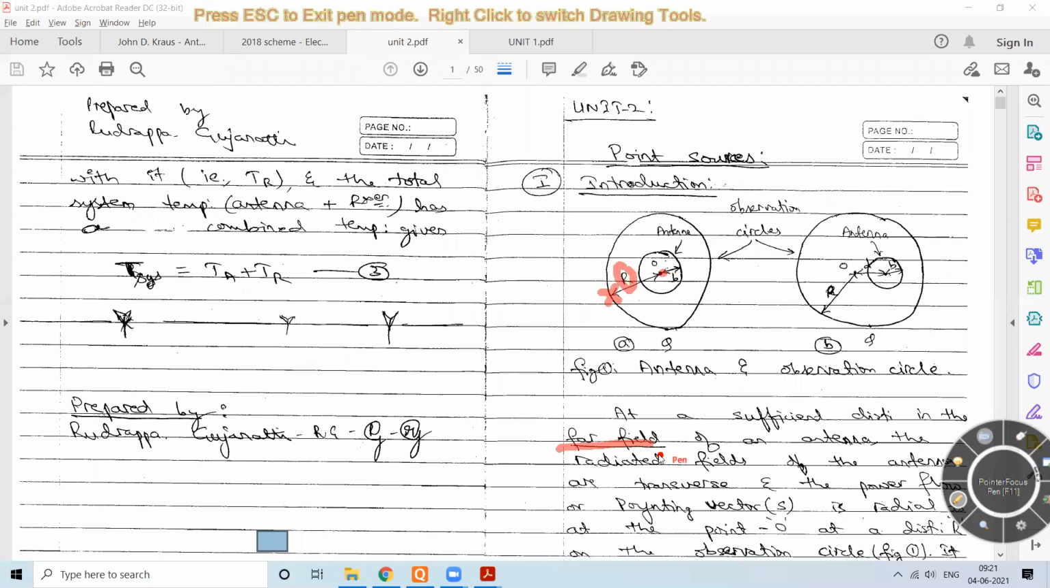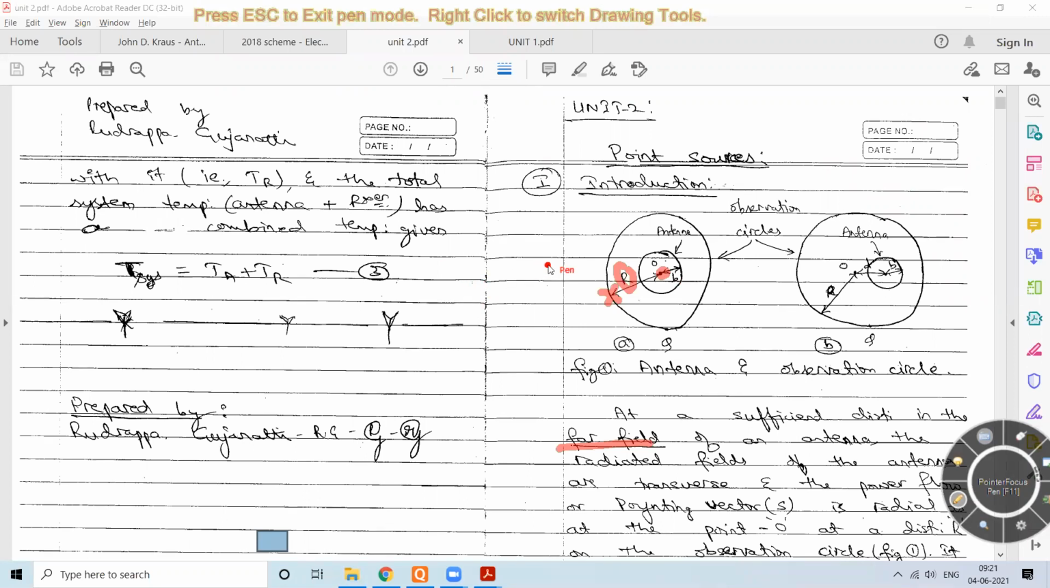Now, since we are observing in the far field, whatever antenna we are observing over here, we can approximate it as a point source. We can approximate it as a point source. Suppose I have a Yagi-Uda antenna that I want to analyze. What we assume is that this is a point source, and based on that,